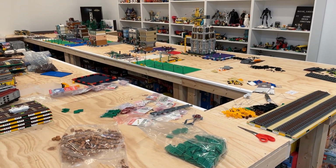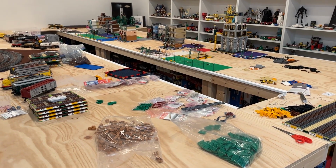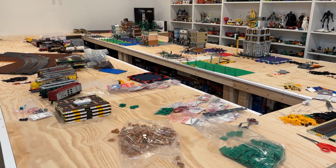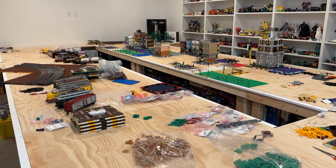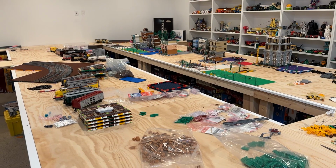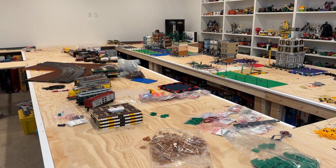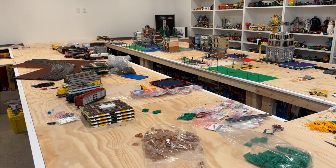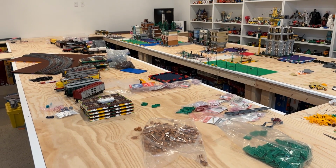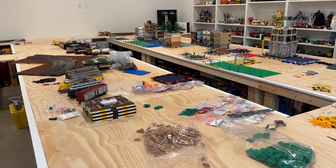It took a couple of vehicle trips to get everything to the show. The setup wasn't too bad, but just a really time-consuming process. It really takes more time than you think to sort of tear down and pack up components of the layout to get them there. When I bring things back from the show, I will highlight some of the ways that